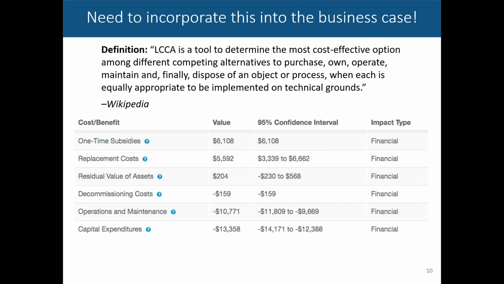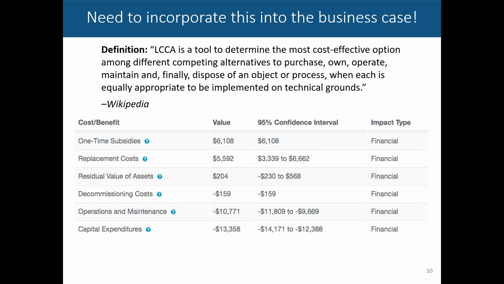And I'm sure you're all familiar with this concept, but we don't actually see this kind of analysis being done widely in the infrastructure space. And this is sort of a best practice just in the financial analysis space. And so life cycle cost analysis is taking this long-term view and looking at the upfront capital costs, the ongoing